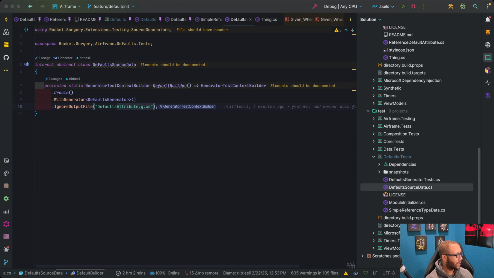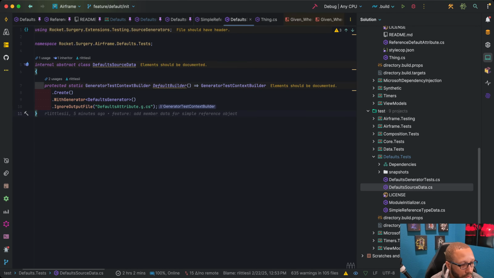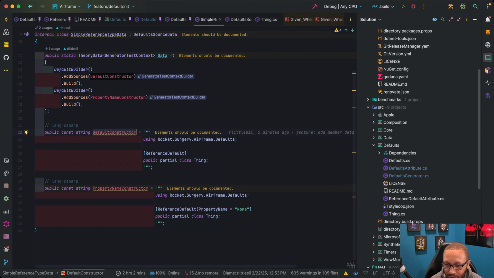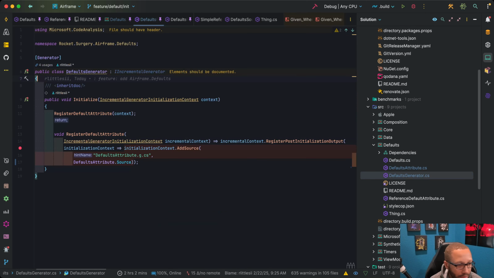I see. So now the expectation is that this will come in. Okay, so that gets me the thing. So this should get me access to something, and this is where I can put a breakpoint on